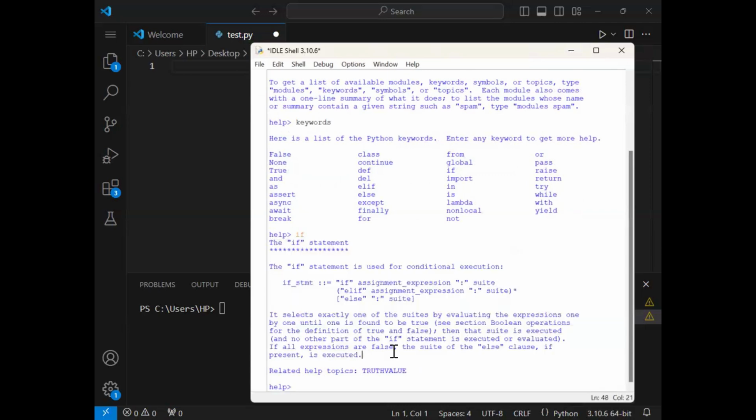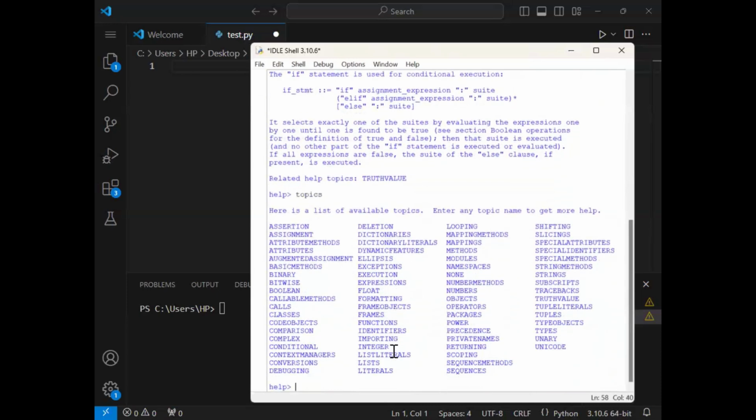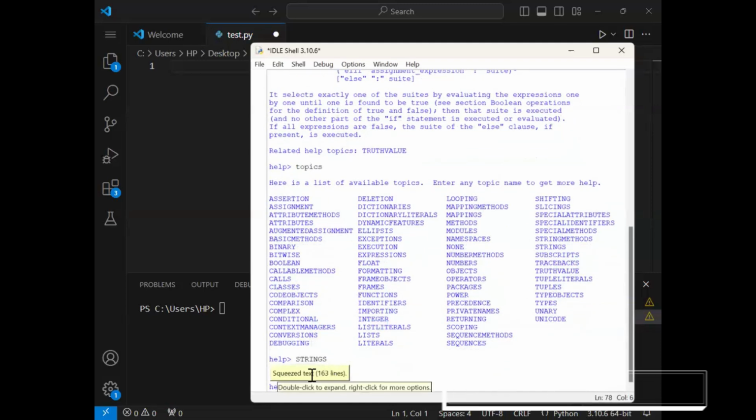Similarly, if I write topics, you can see there are a lot of topics. If I need to talk about strings, it shows 163 lines.